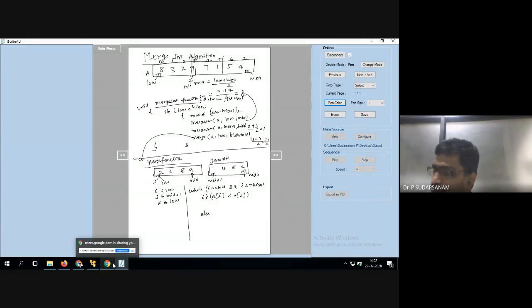That means you take the resultant array location, and 1 is moved first.